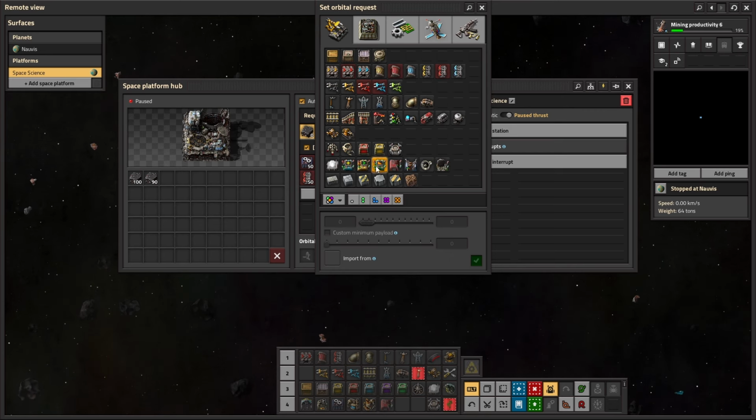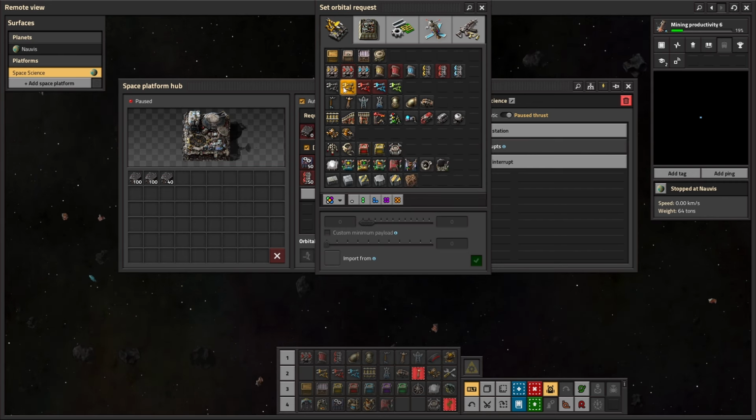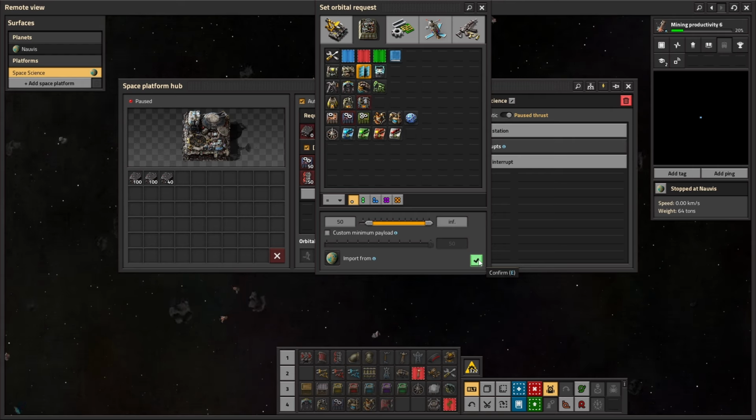We might end up doing some stuff with combinators. We will see. It is better if you can set up combinators in a way that only lets things come through that you need. So I'm not going to worry about that right now. Solar panels. Yes, please. So the thing about solar panels is...